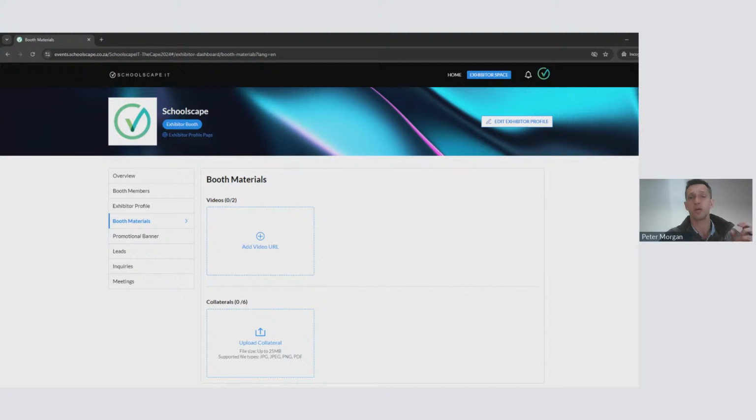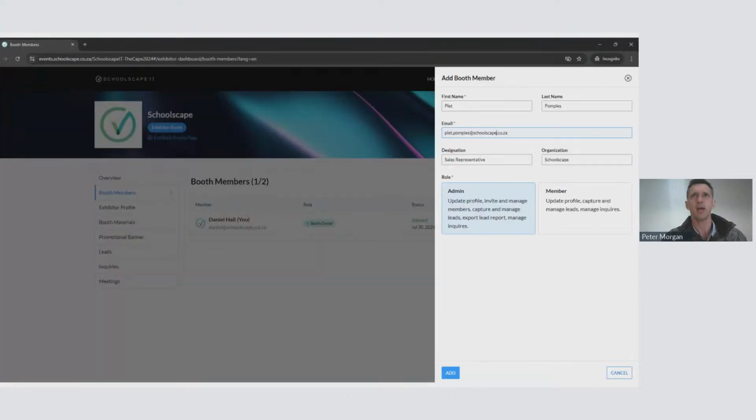This will also be important once you set this up, and then also send out invites when you add booth staff members. There's the part where you add booth staff members, you add in the details, and once you press add, they will then receive an email when they can download the Schoolscape app. They must only download the app once they've received the email, because that means they've been added at the back end. On the day of the event, importantly, they must download the app before the event.